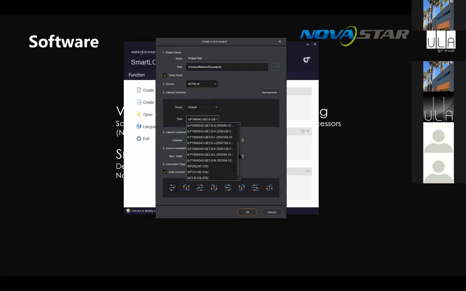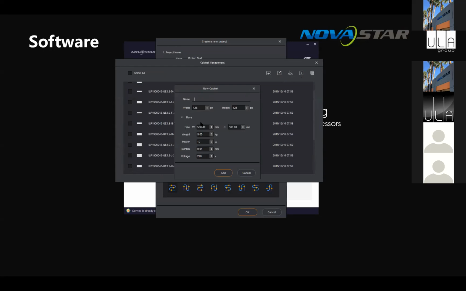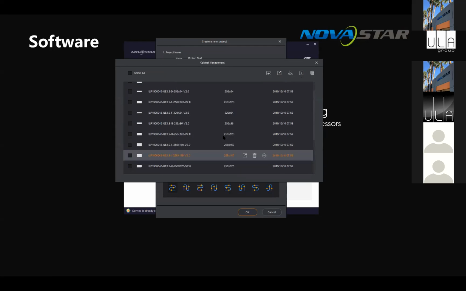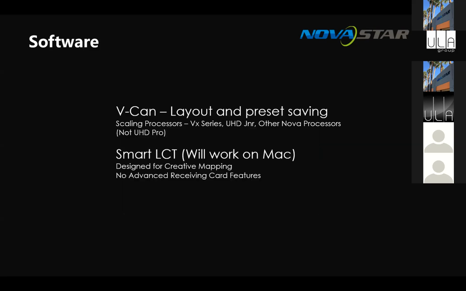And then you can basically build up this library here of panels that you have. So you can hit management, just hit new, and you can put a cabinet name in there, pixel size. And this information does become relevant in a later part, so it doesn't hurt to put as much information in here as you can. But for this example, I'm just going to choose our wallpaper 3.1, and I'm just going to say it's 5x5, and the screen resolution is that of the 4K and auto connect. So if I hit OK, it will drag it on the wrong monitor.